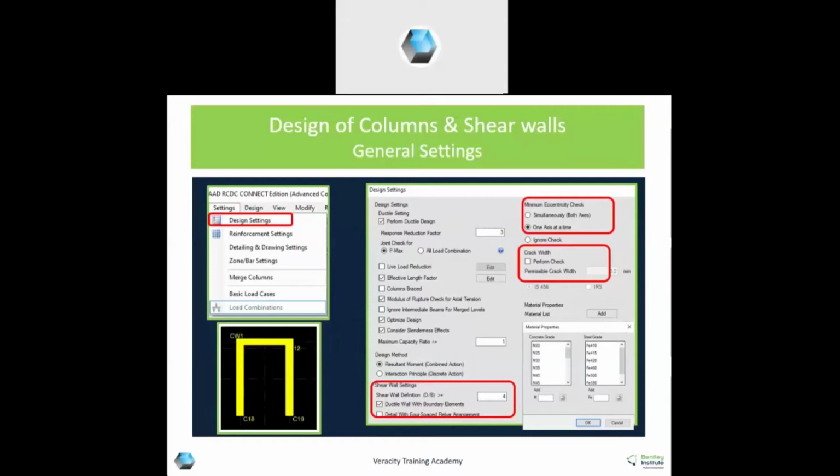Shear wall, by the definition of our code, D by B ratio greater than 4, then you have to design as shear wall. But if you want to detail something as a wall or column, you have a choice from 2.5 D by B to 4. You can decide whether you want to detail it as a column or a wall.